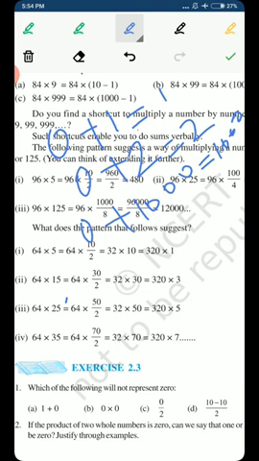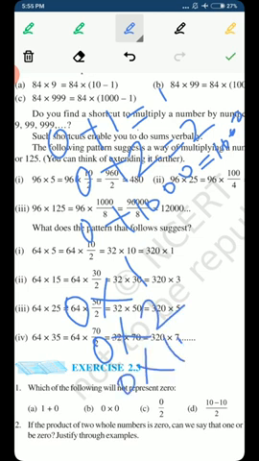But when we are multiplying 0 with any number, like multiplying 0 with 1, with 2, with 10, the answer will always be 0. When you add a number to 0, the answer is that number; 0 doesn't affect it. But when you multiply 0 with any number, the answer is always 0. This is a very important point.